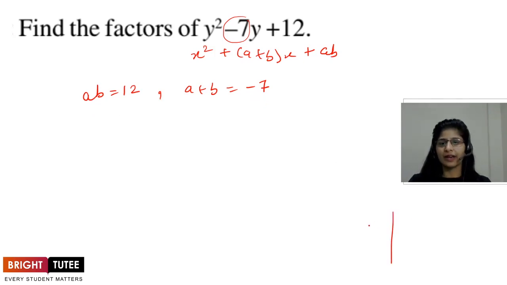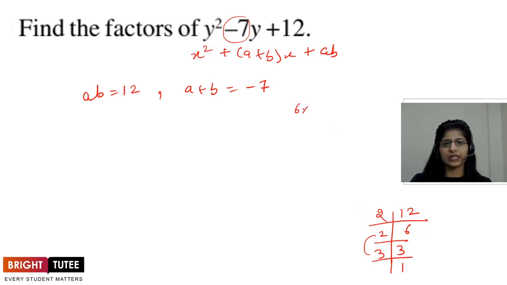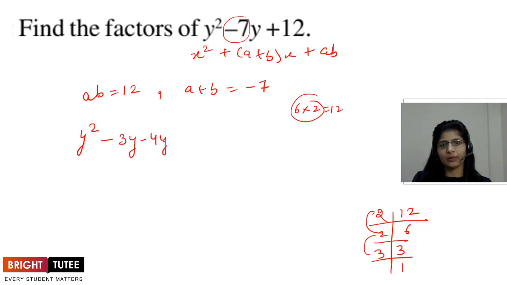When you do the factorization for 12, you get 2 6s are 12, 2 3s are 6, 3 1s are 3. So 3 2s are 6, 6 2s are 12, we can do 6 into 2 to give us 12. But when we solve them, 6 plus 2 is 8, or minus 8 if we take the negative sign. We don't get 7 from here. So we can try with 4 and 3. Yes, 4 and 3 will give us 12, and minus 4 and minus 3 will give us minus 7 also. So we will write y square minus 3y minus 4y, because minus 3y minus 4y will give us minus 7y